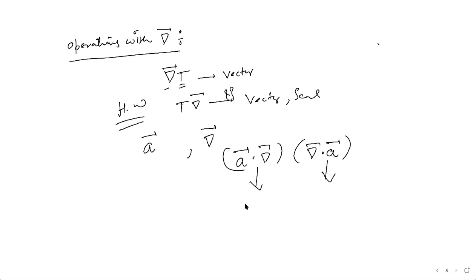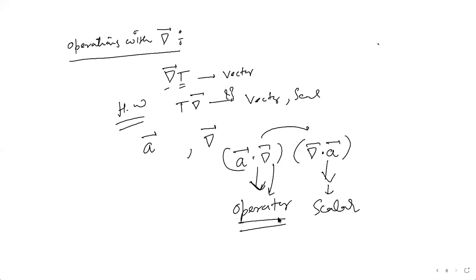Sir, scalar. This thing will be what? Yeah, sorry. Scalar quantity. So this will be a scalar quantity. And what about this thing? So this will also be a scalar. No, how could you even say that? I mean, you can't say that, right? Because I said to you, these two things will not be equal. This is still an operator. You can't say it's a vector or a scalar or anything. This will still be an operator, right?